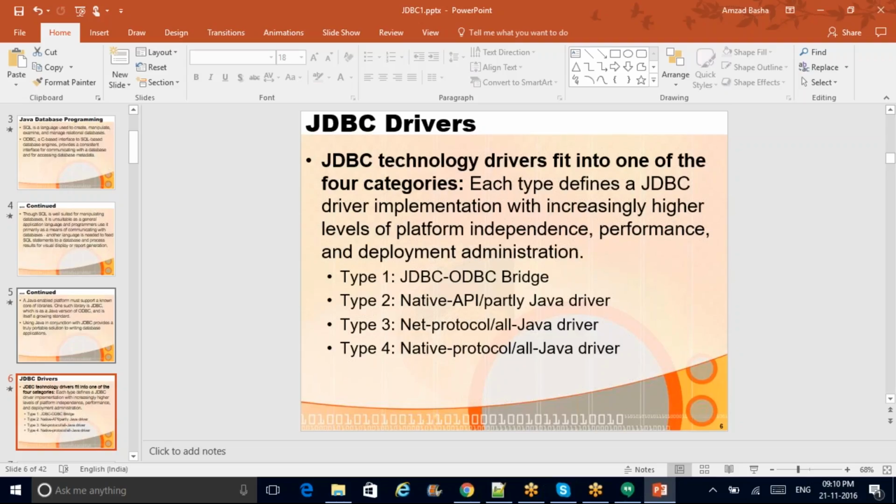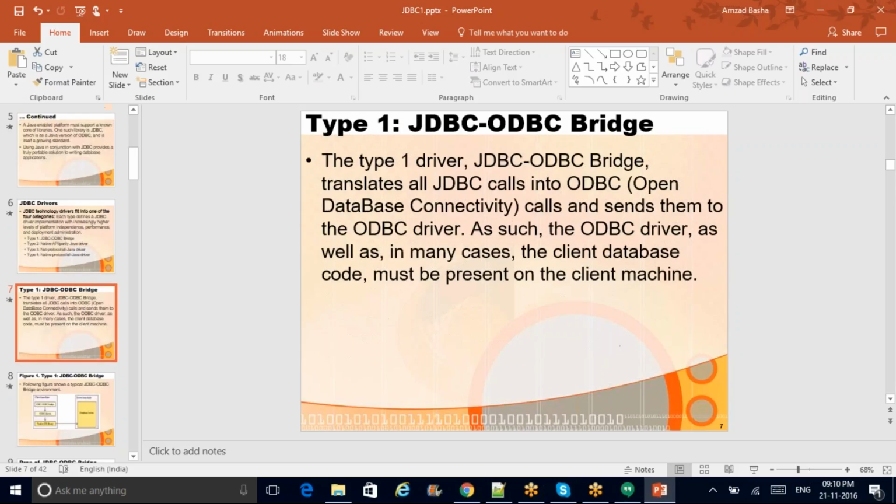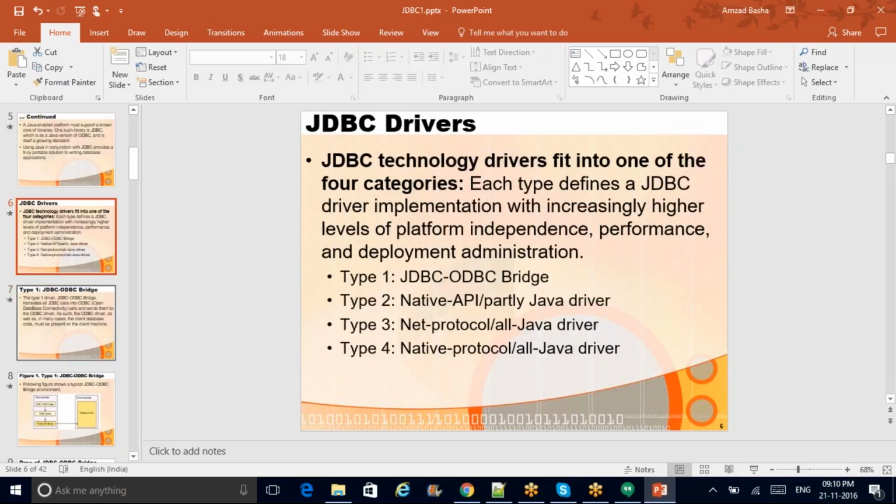Then type 4, not only net protocols but also the native protocols, and it is also a completely Java-based implementation, Java-based development of the driver, which is the most advanced version of JDBC drivers, we can say. So that way we'll be able to work with the latest driver, type 4. Right? But